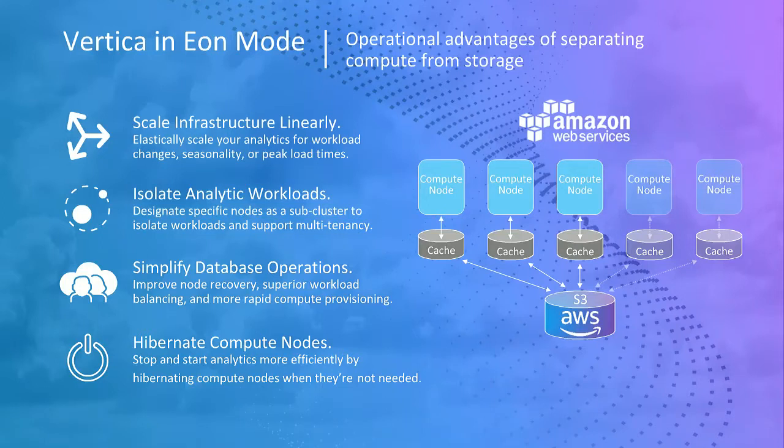And then finally, you can actually hibernate the whole database. So you can just tell Vertica, I'm not using it for the weekend, or this project's paused, and you can just hibernate the database into the S3 bucket. The entire state is kept, all your data, catalog, everything's good, no compute nodes up, which is where most of the money is spent, especially if you're on a public cloud. And the database is just hibernated. And when you're ready to come back to it, you can revive it, and the database